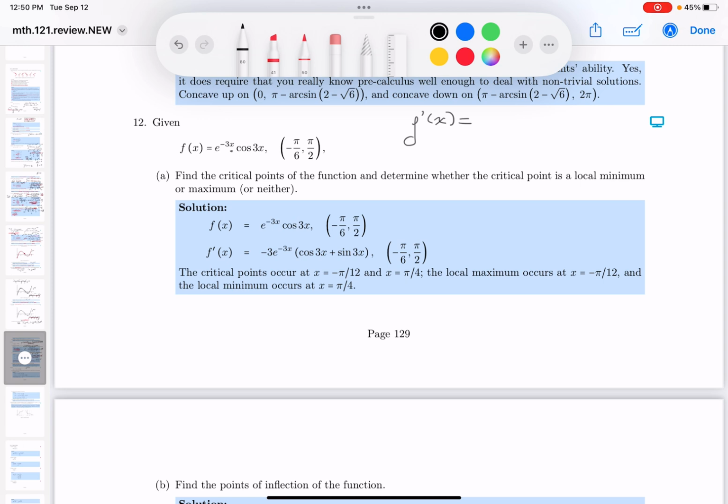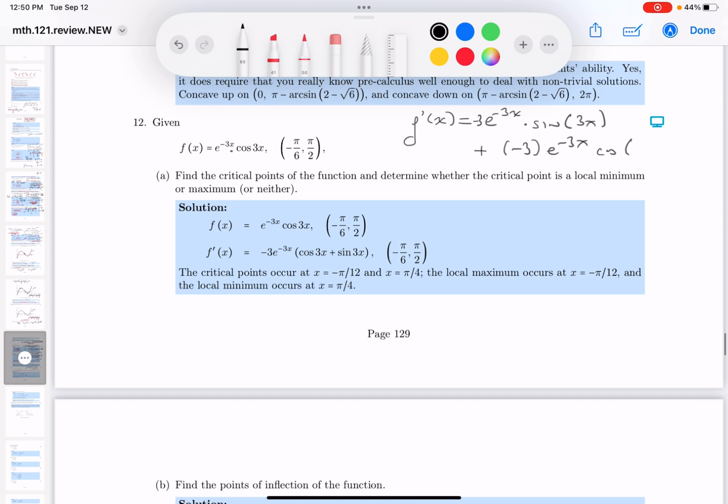And I'm going to leave the first function alone. Right, that's e to the minus 3x times the derivative of cosine, which is minus sine. Let me put that in the beginning of 3x, and then times the inside's derivative of 3x, which would just be 3. All right, let me go to the next thing. It's going to be the derivative of the first now. So it's plus the derivative of the first, which is actually just minus 3, e to the minus 3x, and